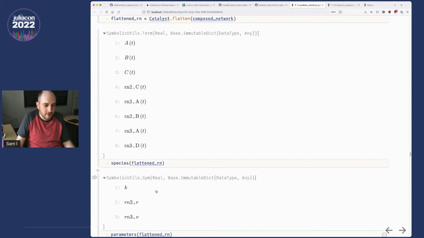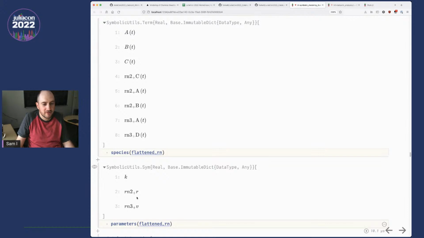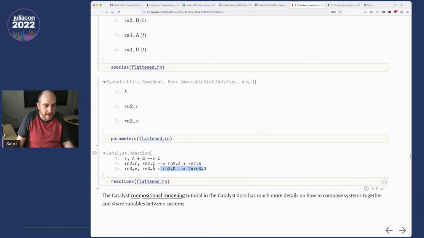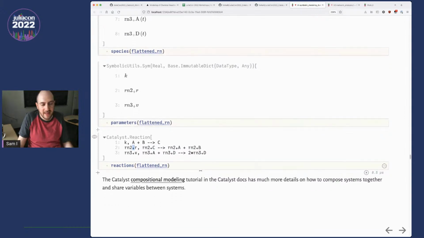Likewise, if I look at the parameters, I see 3 parameters, including the parameters that came from the subsystems. And if I look at the reactions, I see the reactions that came from the subsystems. They've all been merged together at this point. Okay, so that's the idea of this compositional modeling, to build these kind of hierarchies. And you can see this all in a lot more detail in the compositional modeling tutorial of the Catalyst